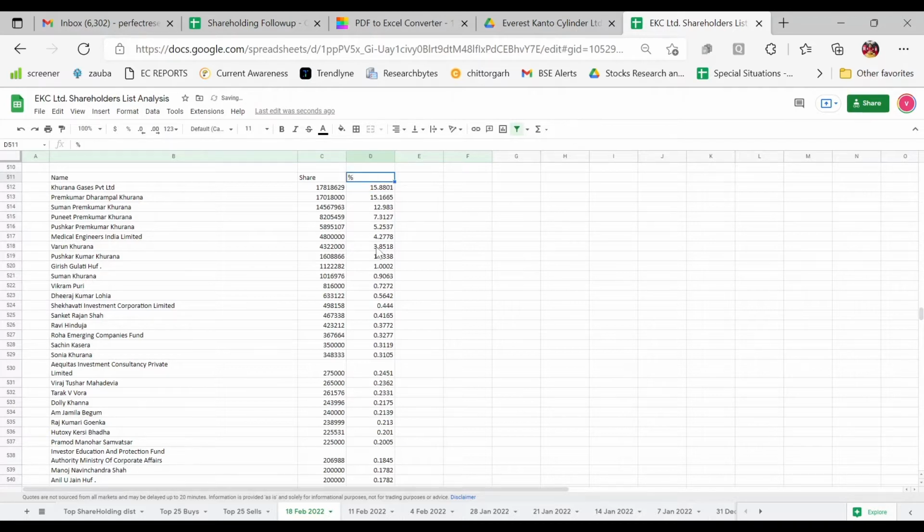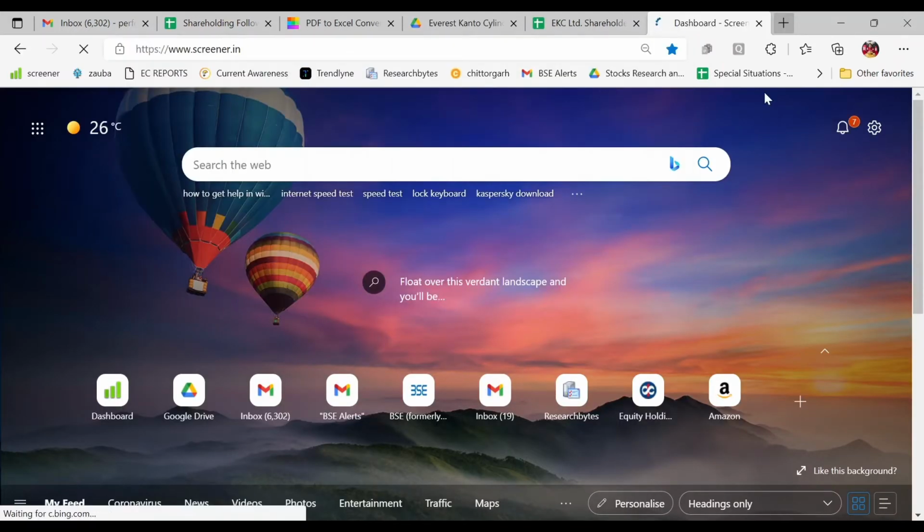Just simply put a percent sign there. Now I'll create a filter for promoter. It makes my work easy because I use filters most of the time. As far as I know, the major promoters of EKC are the Khuranas, but if you don't know, you can